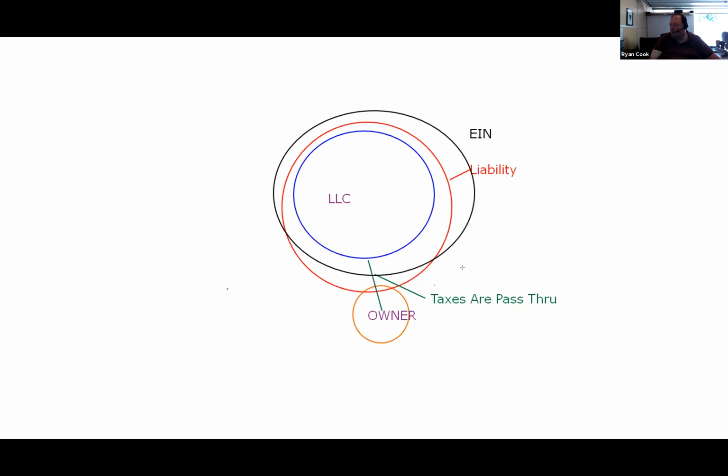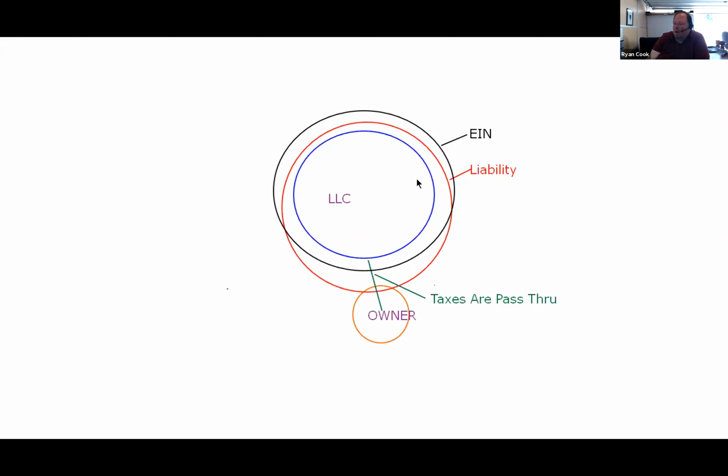is here, protecting me. It's its own thing. So the liability falls primarily under that EIN. Do you see the difference? See, this is the liability circle. I tried to make it a little more understandable that way. This is the liability circle here, the red one. The liability falls mostly with the LLC. There's a little bit that can hit me, but most of it falls here where the EIN number is.